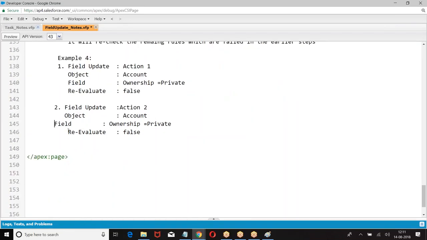This is what we have created. Now create workflows.